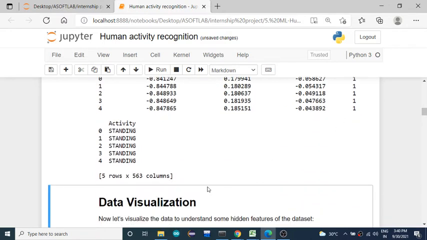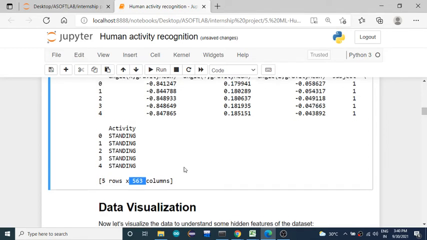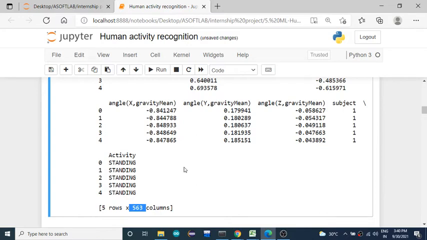In total I have 563 columns, that means 563 features.